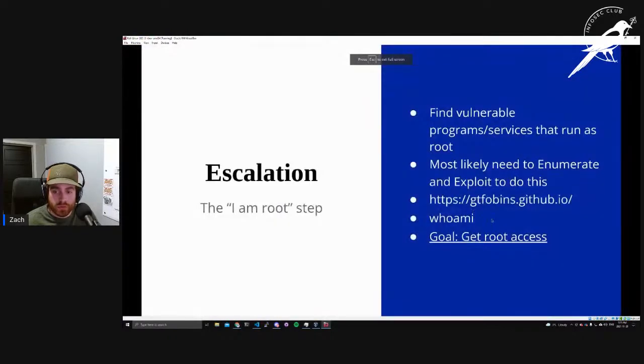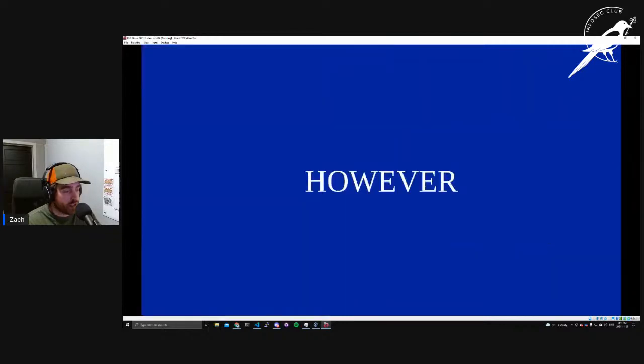But the goal here is to get root access. And the command "whoami" is going to allow you to determine who you are and what you're really going to be capable of. So you often will switch user to user, but I'll get into that in a slide or so. But you want to get root access. However,